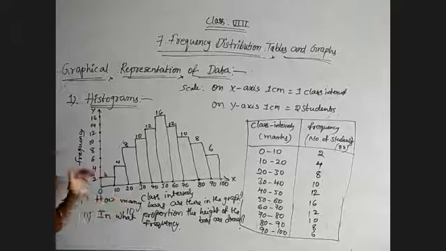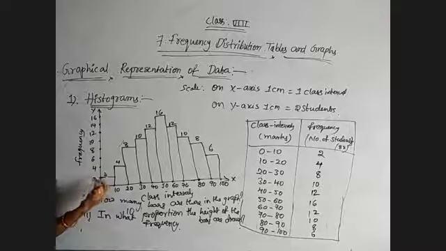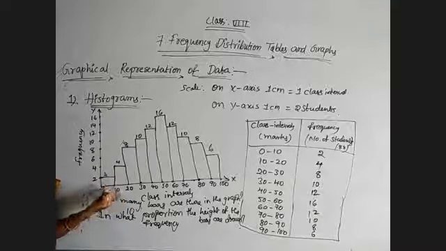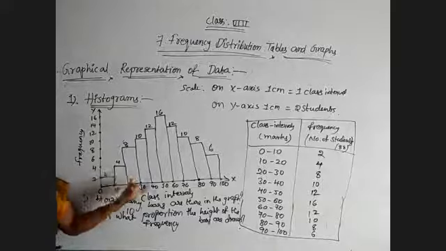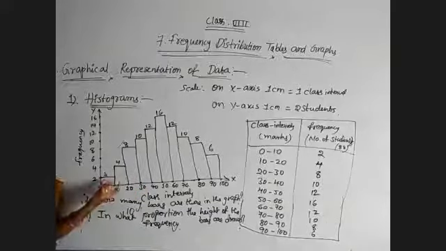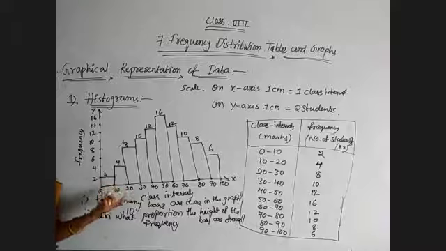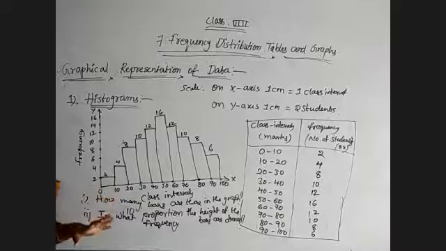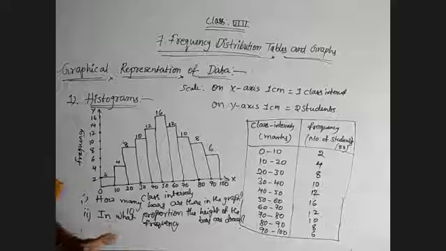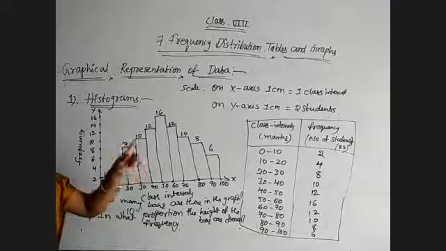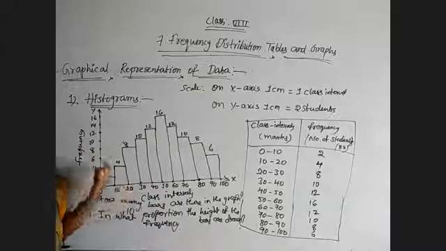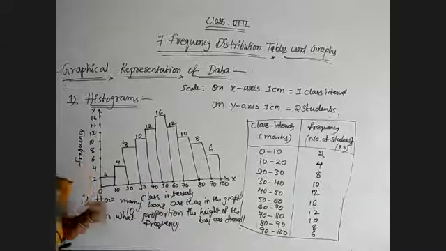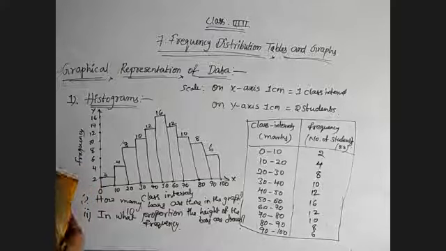Just observe this. While drawing bar graphs, we can give space between two bars. But whenever we draw histograms, we must draw the bars side by side. Each bar we must place side by side. Next, we can draw vertical histograms only, not horizontal. Those are the differences. And while writing the scale, we need to take class intervals always on the x-axis and the frequency on the y-axis. Now we will go through another example.